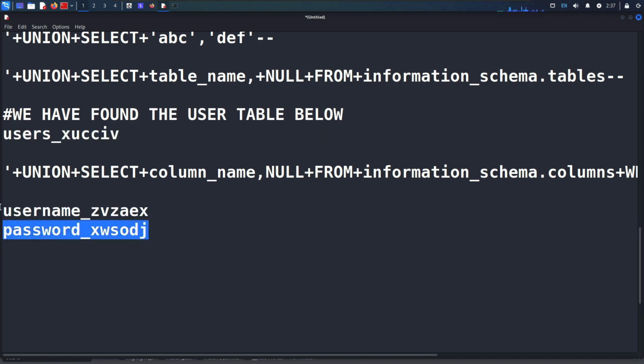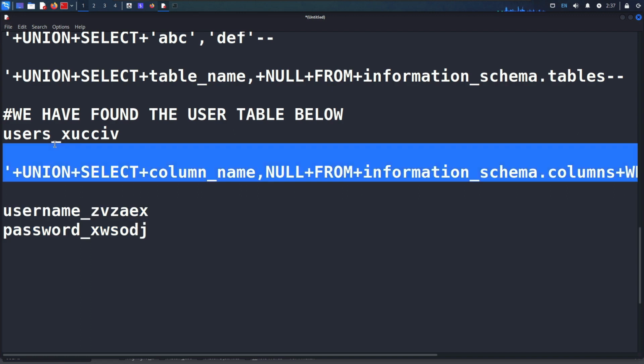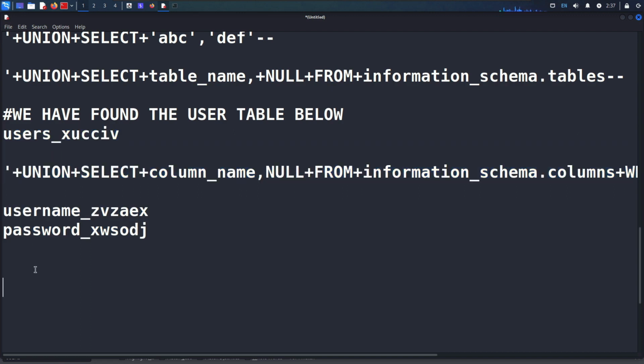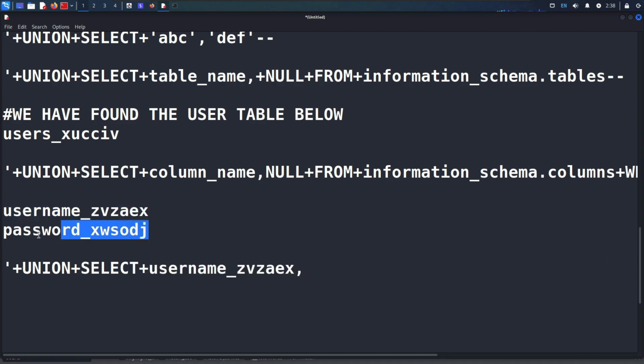No, I need to grab the password and username from this user table from the above. So let's create the final payload for it. You just need to type union plus select plus, no, we need to select this username, and then just put comma, and then just remember, you need to type +2, and then just paste the